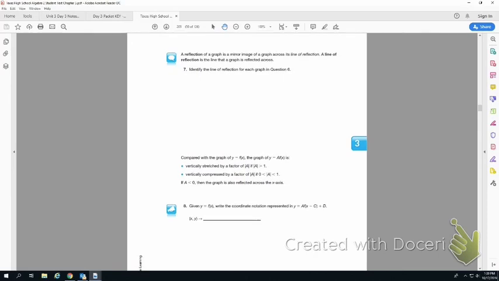Right here it says, identify the line of reflection for each graph in question 6. Do not get line of reflection confused with axis of symmetry or line of symmetry. The line of reflection is the x-axis, or y equals 0. Whenever we say that it reflects across, we always say reflects across the x-axis, because the x-axis is